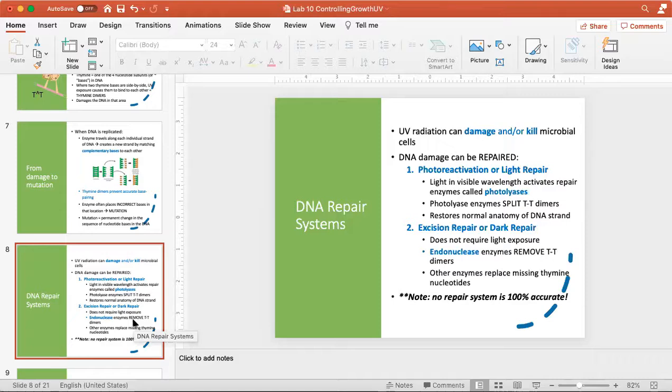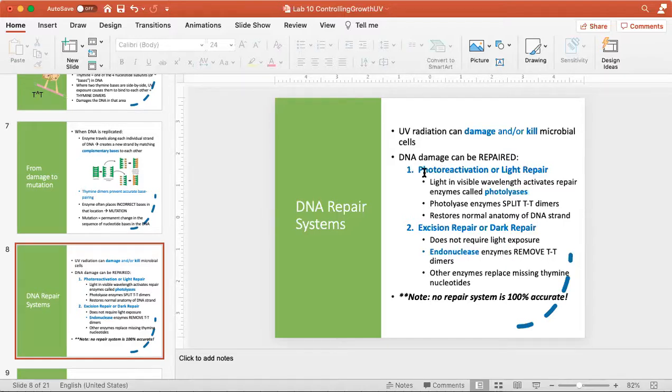There are several mechanisms of DNA repair. We're not going to talk about all of them. We're going to talk about two of them that are in microbial cells, though. The photoreactivation system, or light repair, and the excision system, or dark repair. So these are the details that I want us to be familiar with regarding these repair systems. Photoreactivation, this photo phrase here, means light. Anytime you see photo, think light.